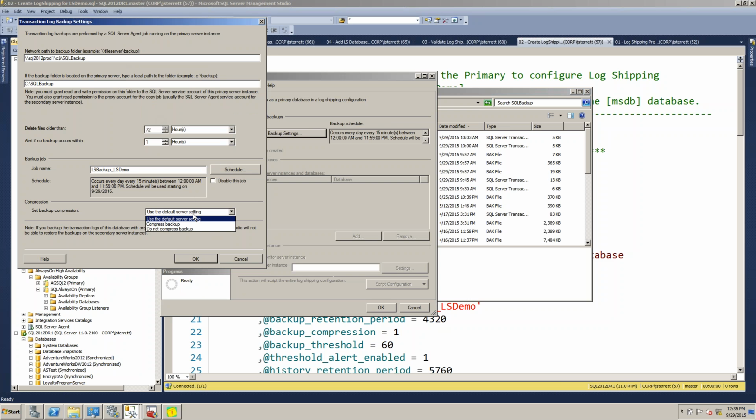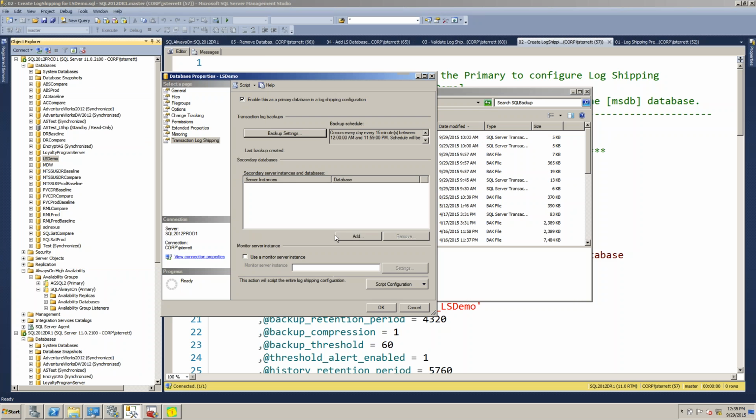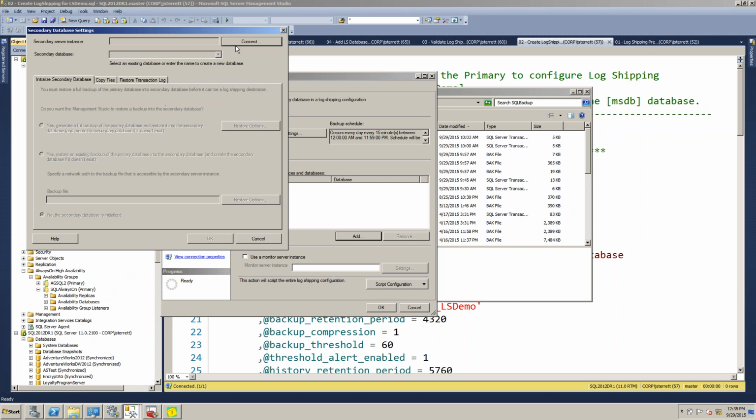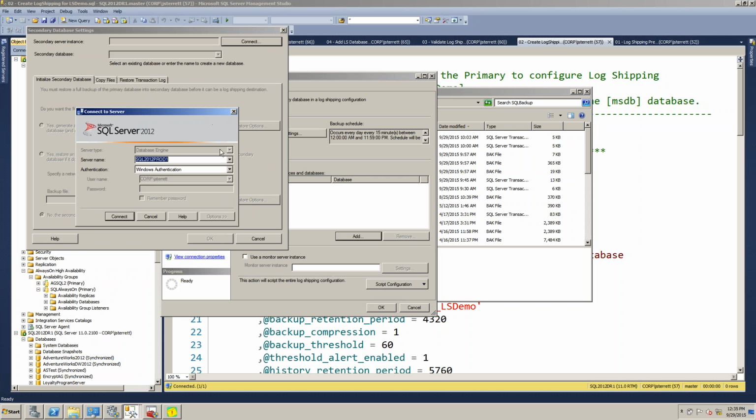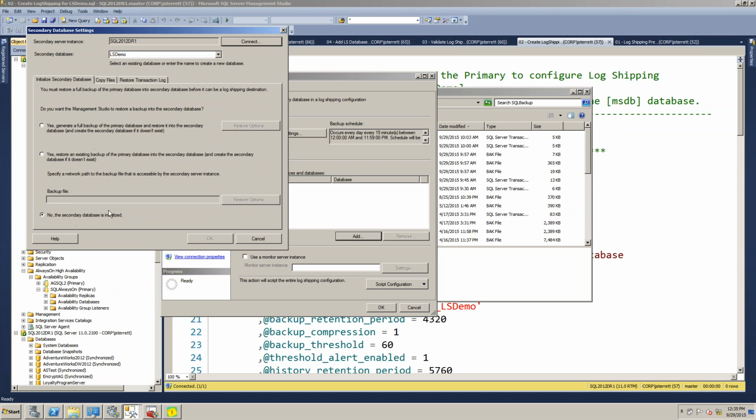And then once again with log shipping here, we can actually change the compression setting. This is the one little knob we have with doing backups through log shipping. So now that we have that set up, we can go ahead and set up to use our secondaries here. So for example, here's our DR server, and because the database is already there,